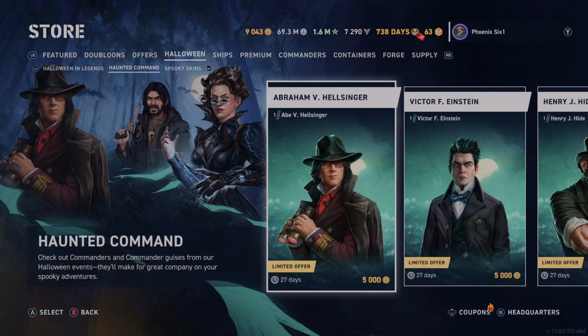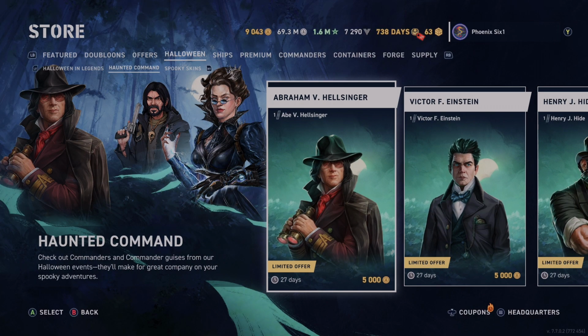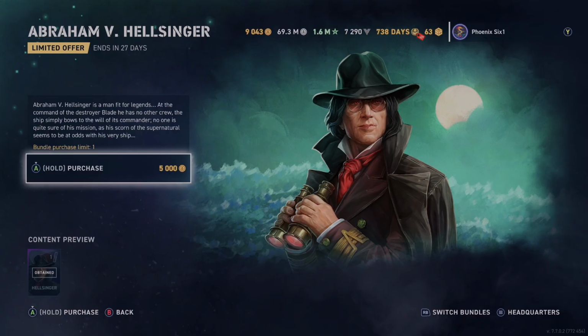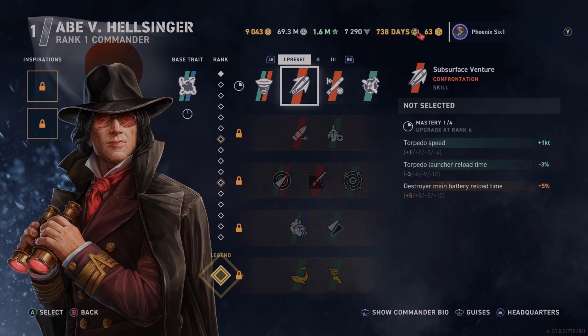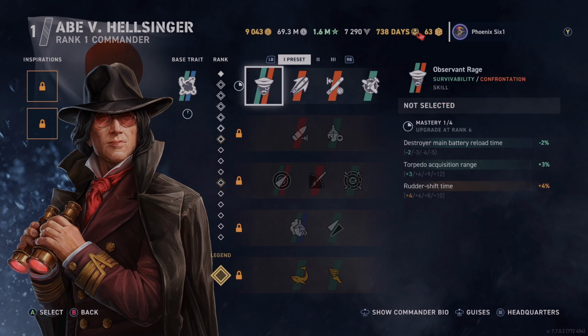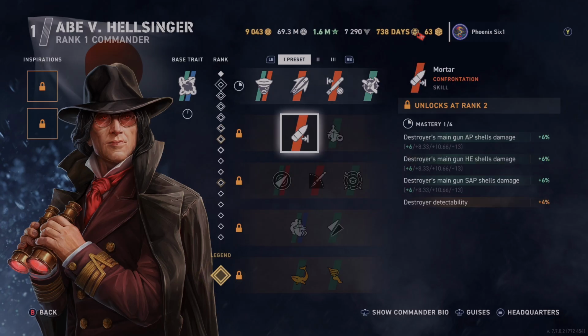And then there's packages of commanders and ships and skin, so really quick, blaze through these, right? Here's one that I probably got free out of a container, right? He's a Hellsinger, a Japanese destroyer commander. So I don't think there's anything crazy here. His base trait has to do with increasing your smokescreen radius. And then with a lot of these,